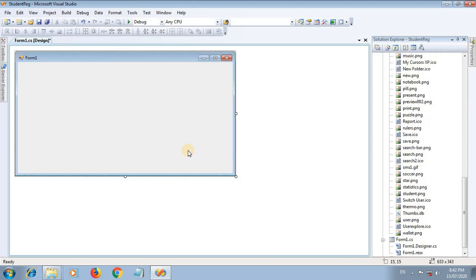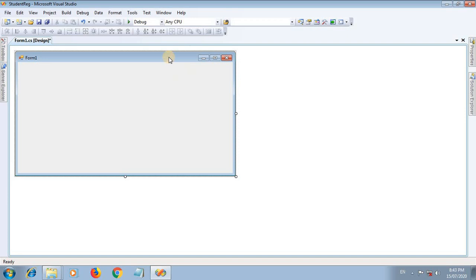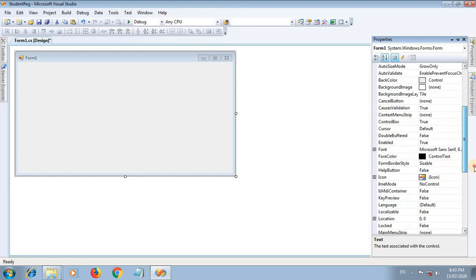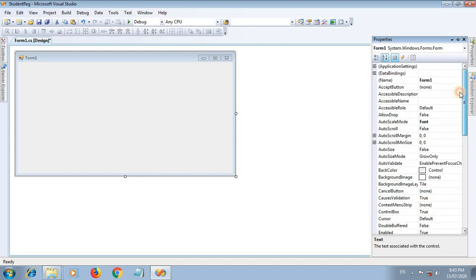First, create a welcome screen. How can we create a welcome screen? This is our form. Select the form and go to the Properties window. These are the various properties of a form.